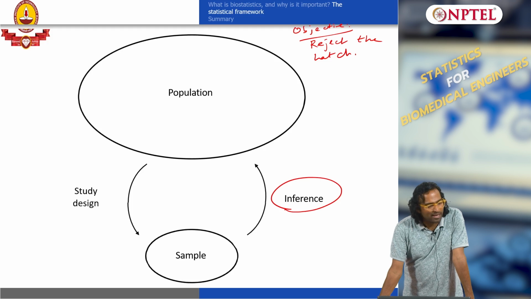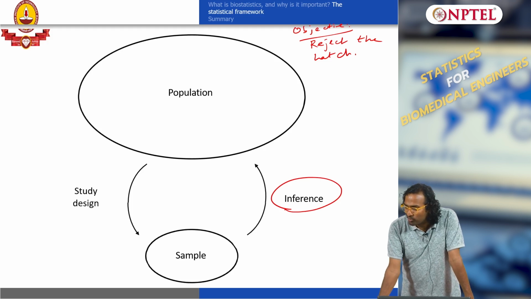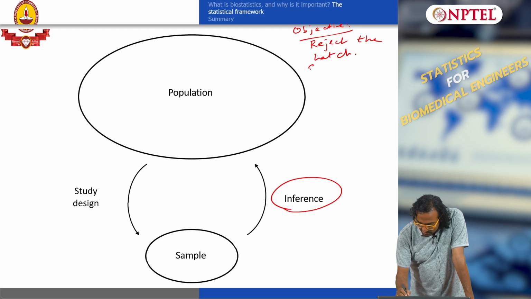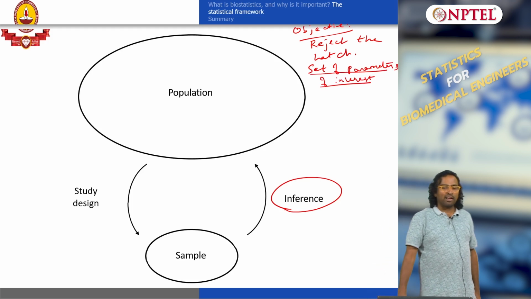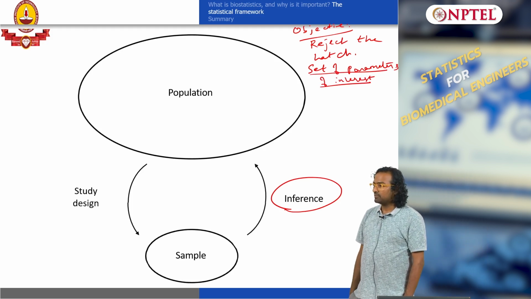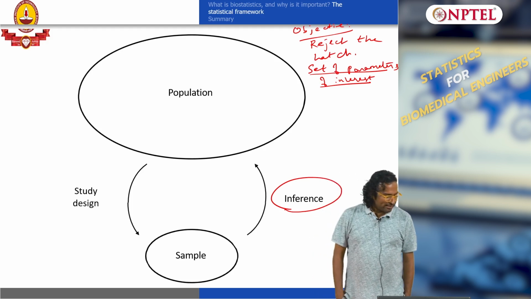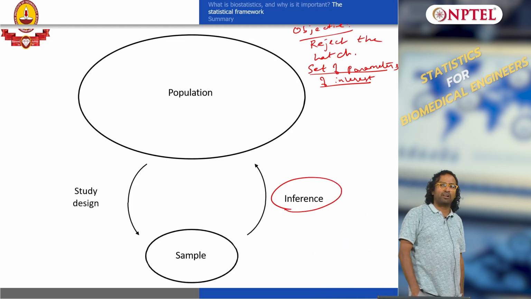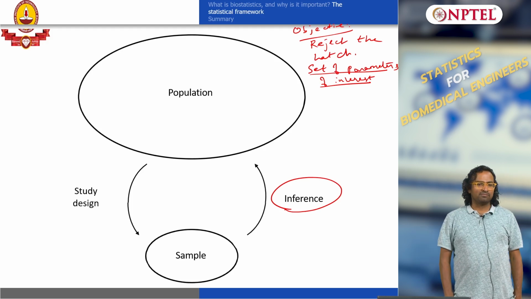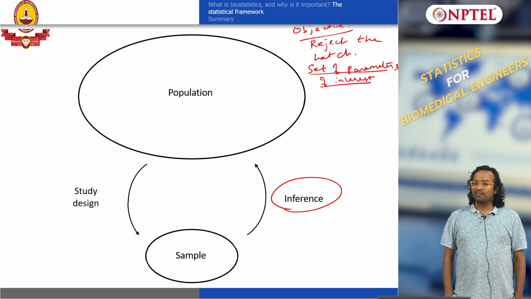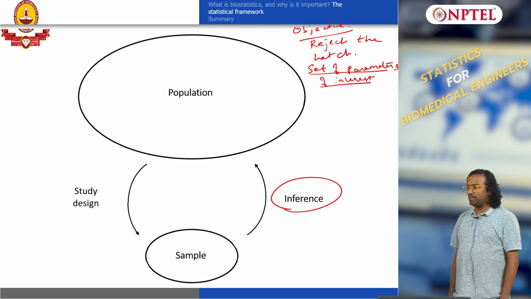How do you say a mango is good or bad? That is the question. How do you say that? So there comes a set of parameters of interest, right? You may have a single parameter or a vector of parameters, right? So slowly we will get into math sooner. So you will have a single parameter or vector of parameters. What will be these parameters usually? What will be these parameters?